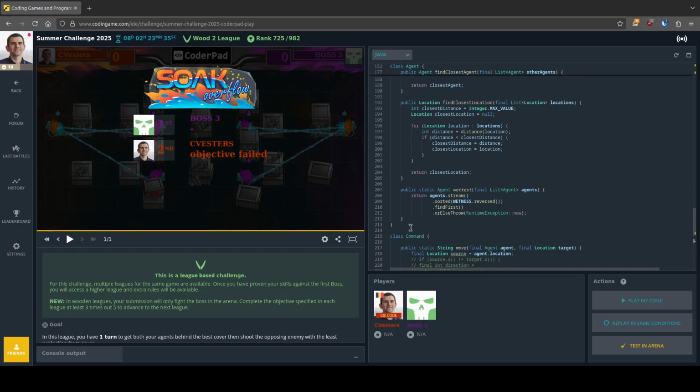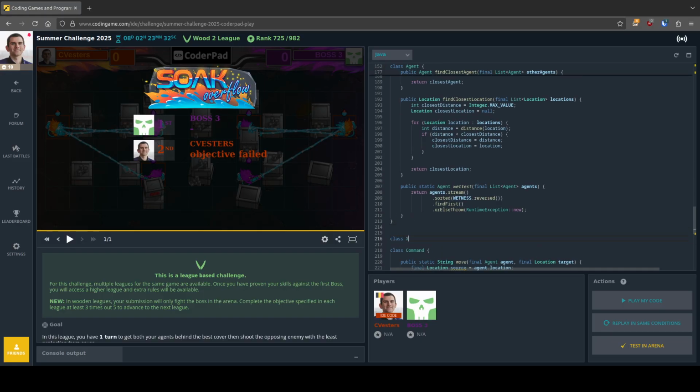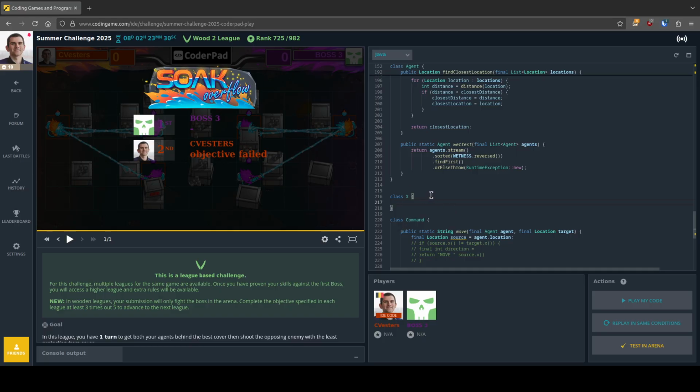let's write, I have class agent. Sometimes I just write something like class X, because I don't have a good name for it yet, and I first want to try out and see whether this would work or not, whether it would do something useful or not, just to see. So I want to write a public static boolean isCovered. And I have final agent target, final agent source, and I have a final